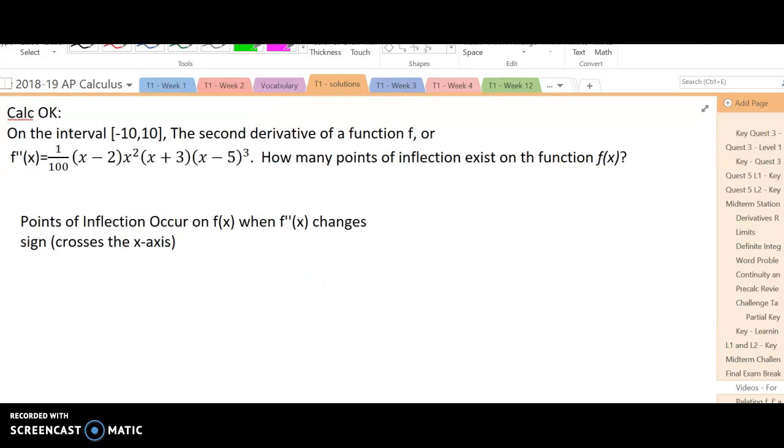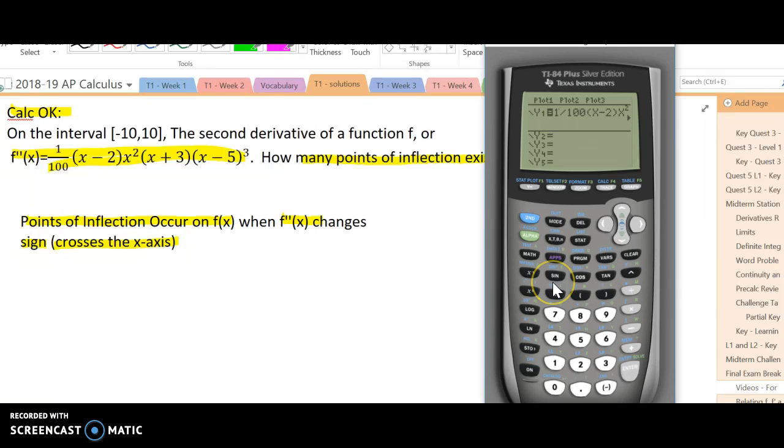We've been asked to find how many points of inflection exist, and points of inflection occur when the second derivative changes signs or crosses the x-axis. So we need to graph this to see what it looks like, and this is calculator okay, so we can use our calculator. So I've put my function in the calculator here,